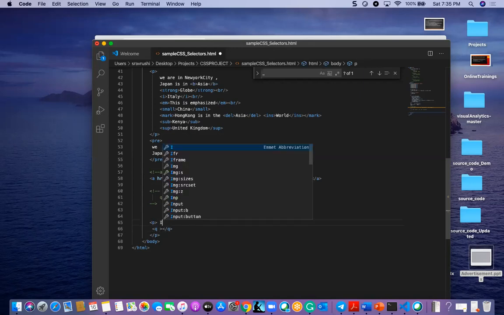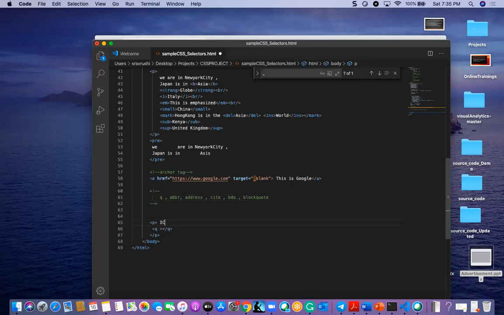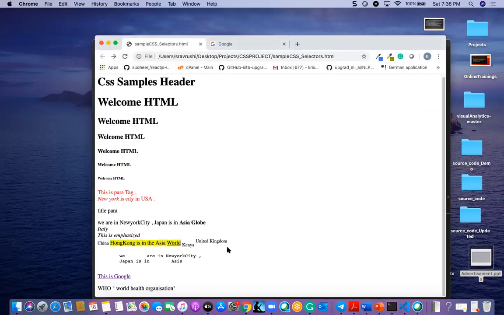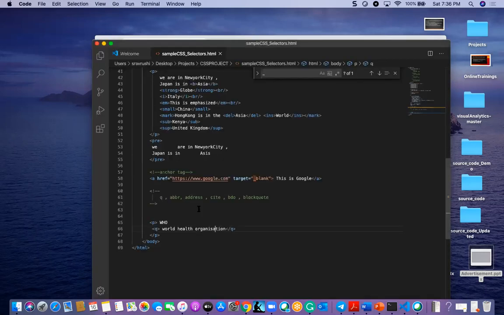Suppose, or you can give WHO, World Health Organization. You can see that World Health Organization is in double quotes.